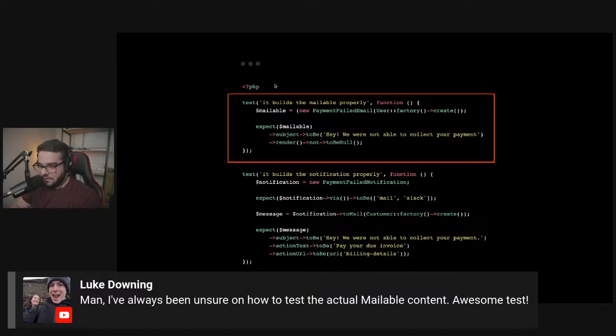It's a super simple task, but it makes sure the Mailable renders, and you won't be surprised when the app is live and the whole thing breaks and you cannot send emails because there was a typo on an email. That happened to me, and I'm sure it happens to other people.